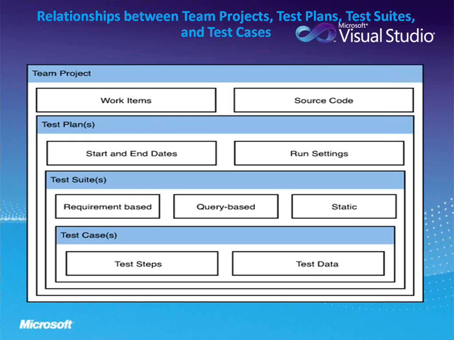Then the static one. Static is nothing but we are not going to change it. It is a collection of test cases. It is useful to create a group of test cases based on specific grouping criteria, and that doesn't change over time. So this is static. By default, if you click on New and then Static, you can create a static test suite.